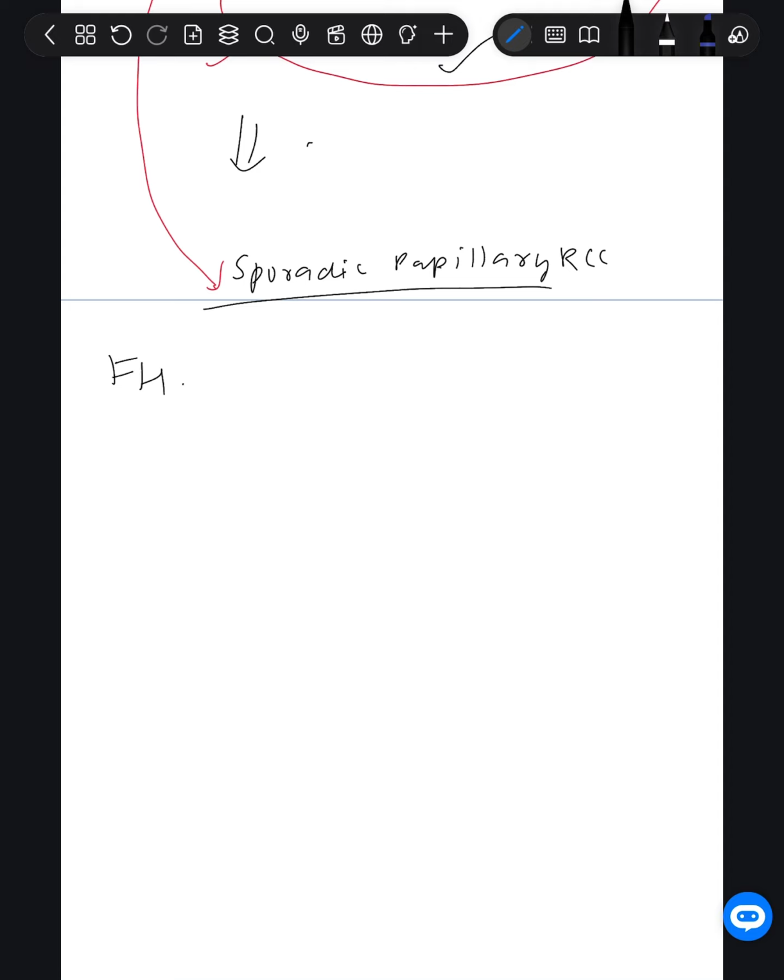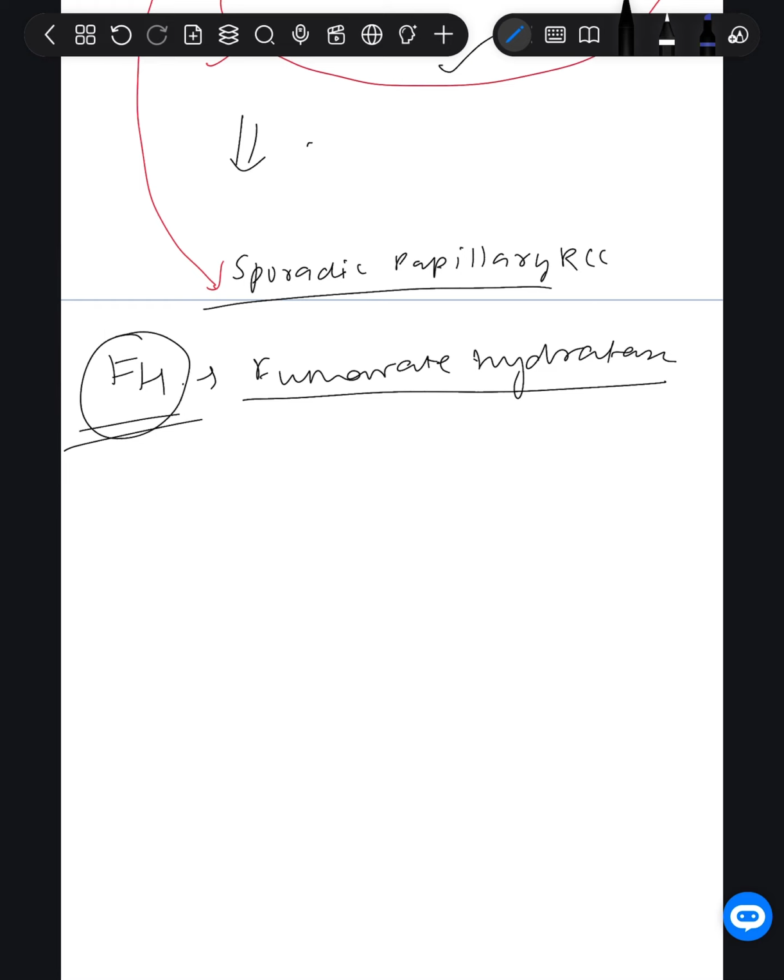FH. There's something called as FH. I'll tell you what that is. FH is fumarate hydratase, not dehydratase. We have fumarate hydratase. In fumarate hydratase, this is an enzyme controlled by the FH gene. So if there is an FH gene mutation,